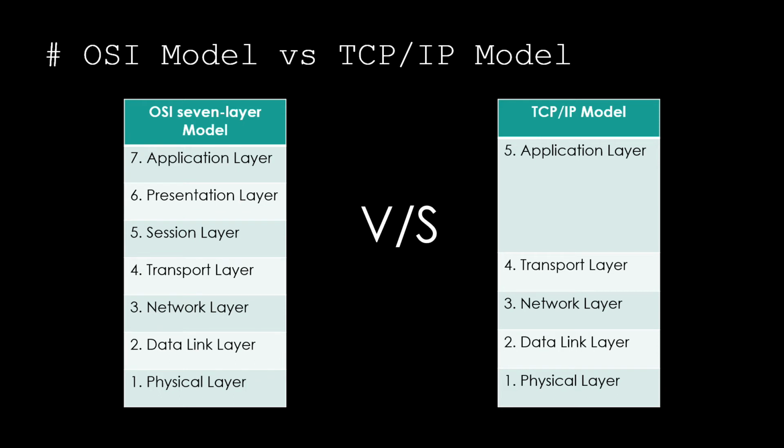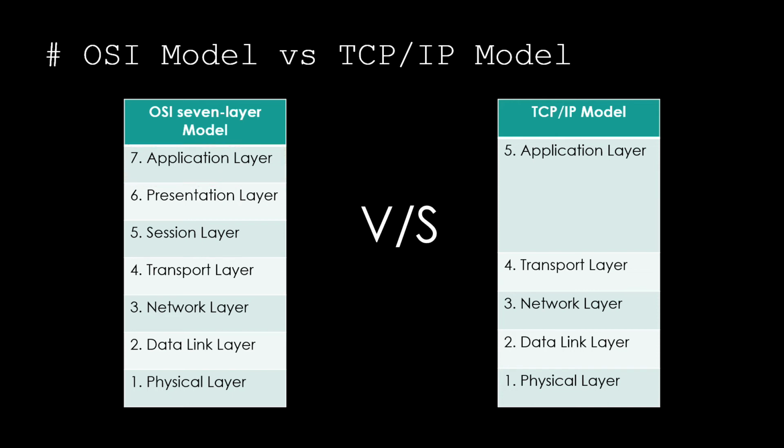The sixth layer is the presentation layer. It is really what it says. It presents the data in such a way that your application can read it. And the last layer is the application layer. Here the word application refers to the services in the application that let the user access the network.